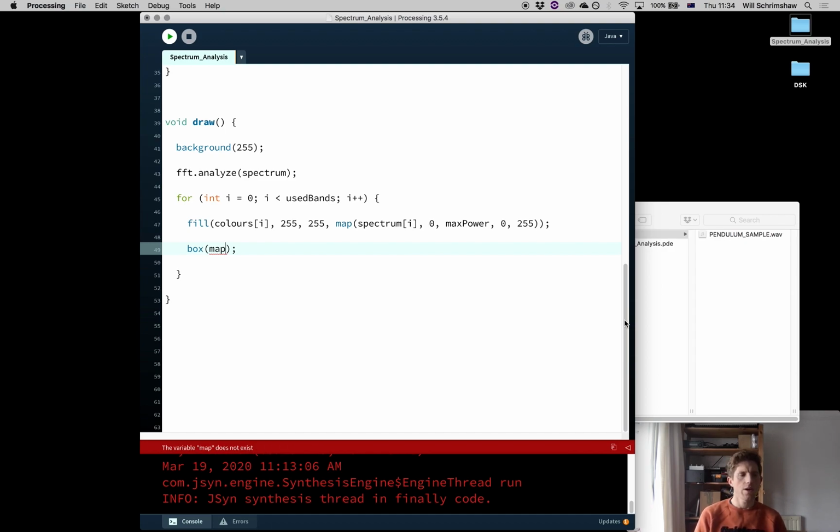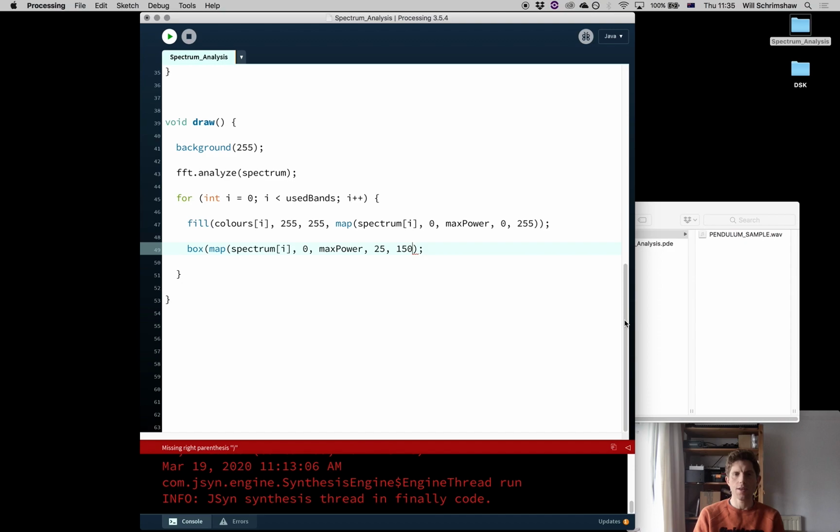We're going to map the data stored in the spectrum analysis array at a particular index, which we are expecting to be on a range of 0 to whatever max power is, onto a range of 25 pixels. So 25 by 25 on each side of a cube, so a very small cube, to a maximum size